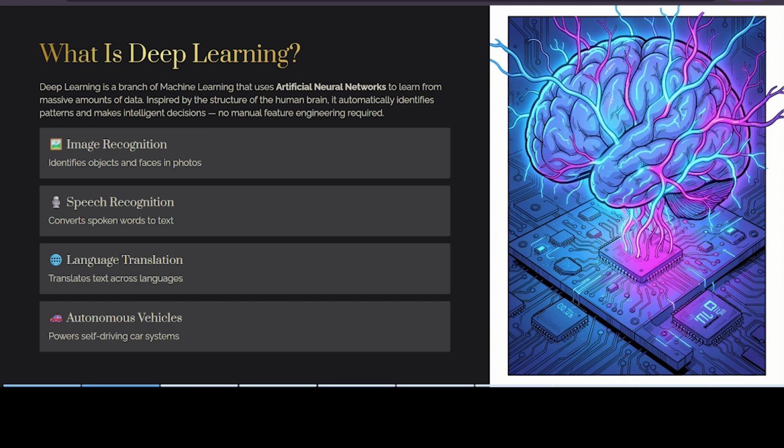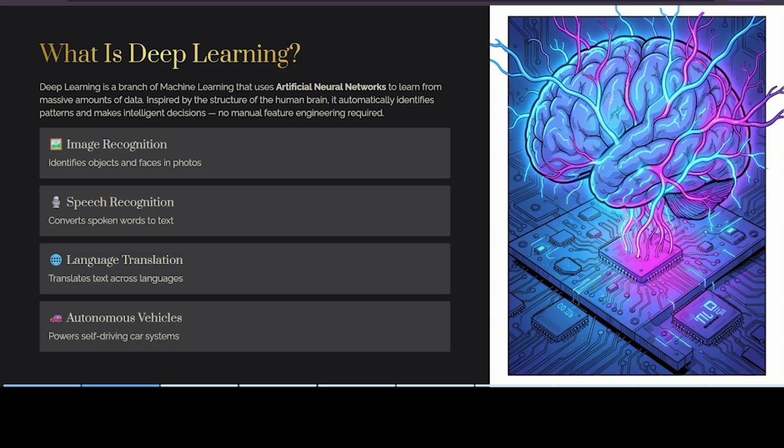Deep learning automatically learns from the patterns in the data, okay? We will not tell it that this one is a cat, this one is a dog, this one is a flower. It will automatically identify the pattern and learn by itself, okay? So see the power of deep learning, okay?